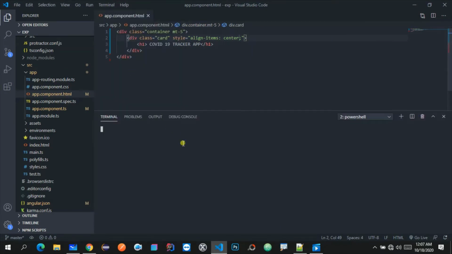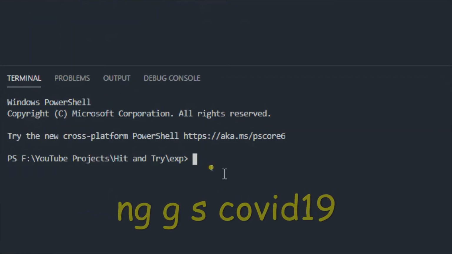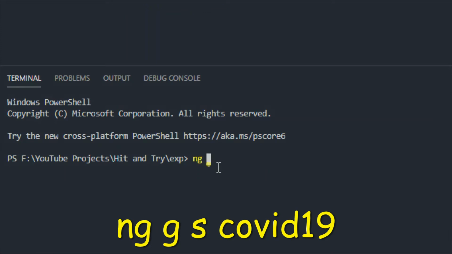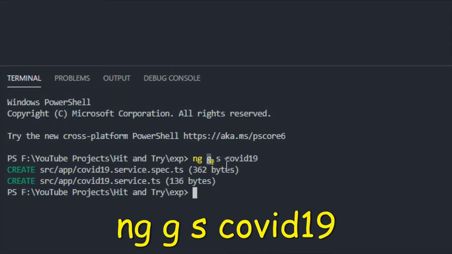The command is ng gs, and over here let me give the name as COVID-19 and hit enter. This ng means Angular, g means generate, s means service, and this is the name of the service.